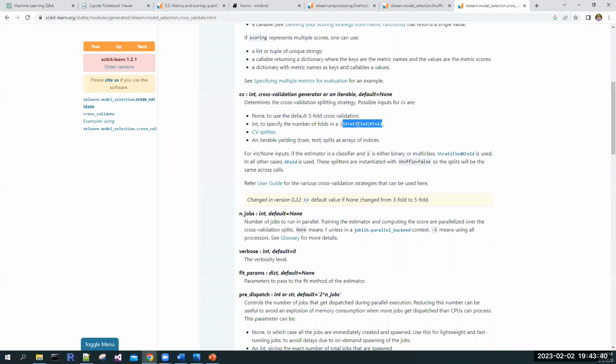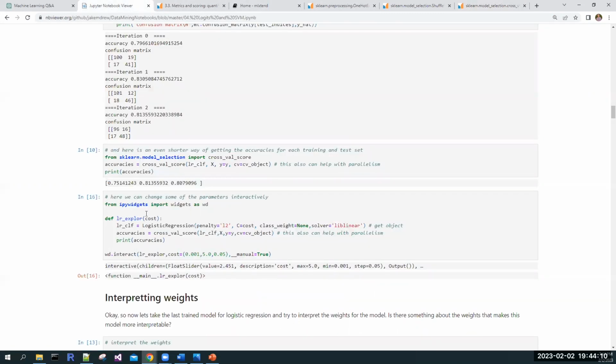So if you have a class that only has like 10 training examples and you're doing just straight random selection, there's a very high chance that you will end up with a random selection that doesn't include any instances from that particular class. And so you use stratified cross-validation to make sure that you have all of your classes represented in each fold and that they're proportional and so on and so forth. It's very helpful. Okay,